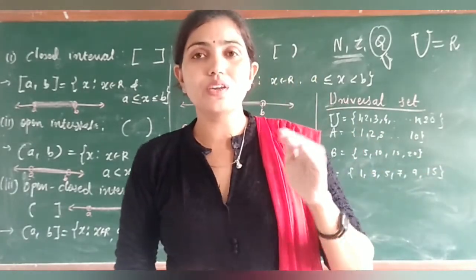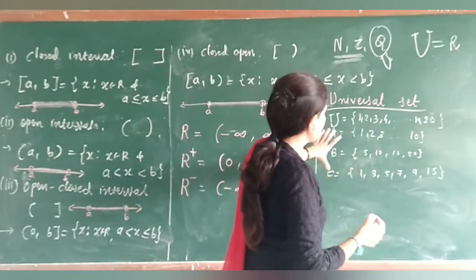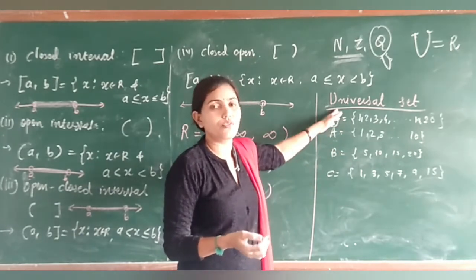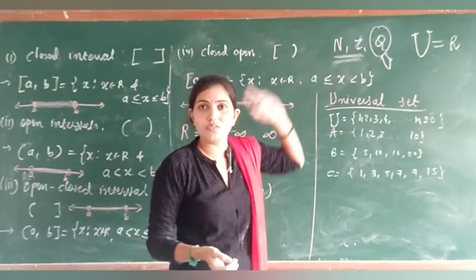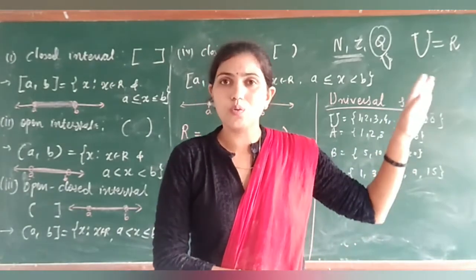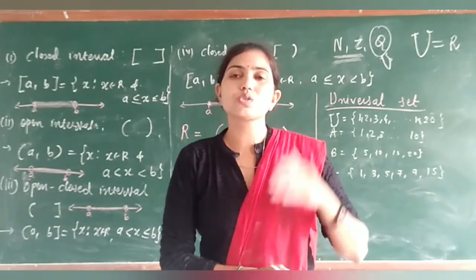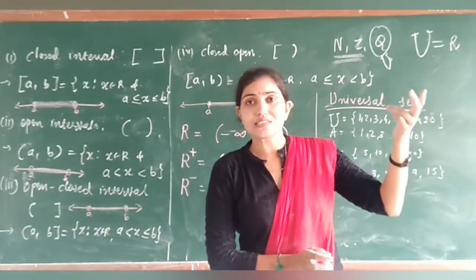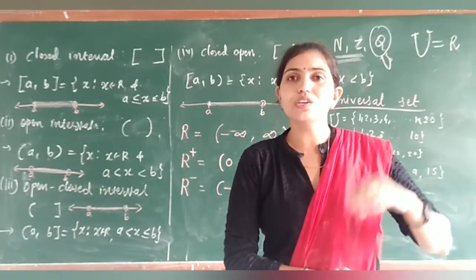Both. मतलब कि universal set is a superset for which all the given sets are subsets of it. Okay, for here A, B, C are subsets of U. Here N, Z and Q are subsets of R. So R is the universal set. Like that, if I write down A is equal to letters of the word follow, B is equal to letters of the word trigonometry, C is equal to letters of the word amazing. Now, what can be the universal set? Set of alphabets, right? So we can consider it as a universal set.